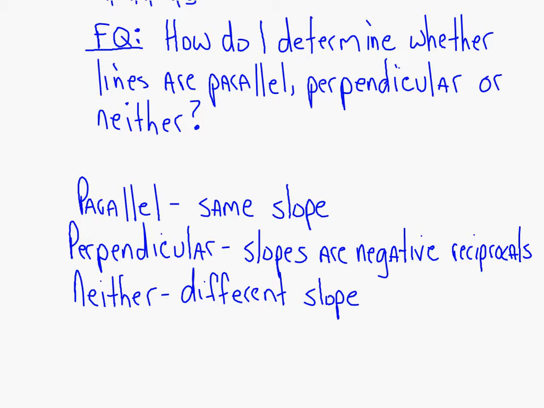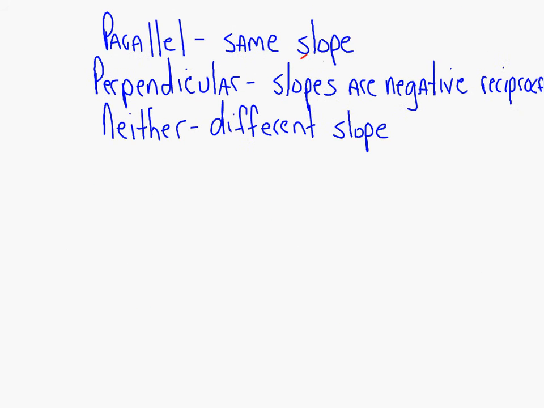All right, so what's the word that's showing up all the time here? Slope, right? Parallel lines have the same slope. Perpendicular lines have slopes that are negative reciprocals. If the lines are not parallel or perpendicular, then they just have a different slope that doesn't fall into the perpendicular category. So the equation for the slope of a line, slope,